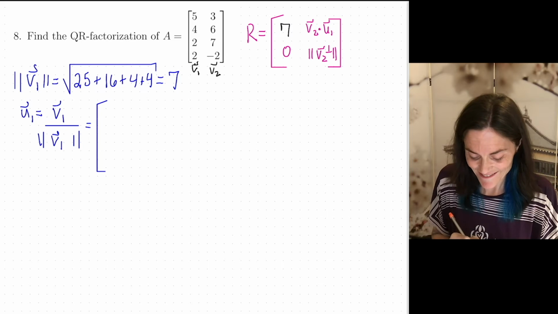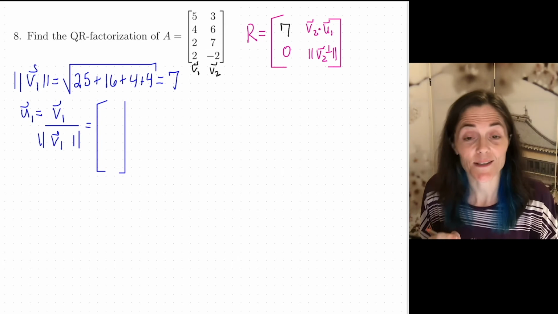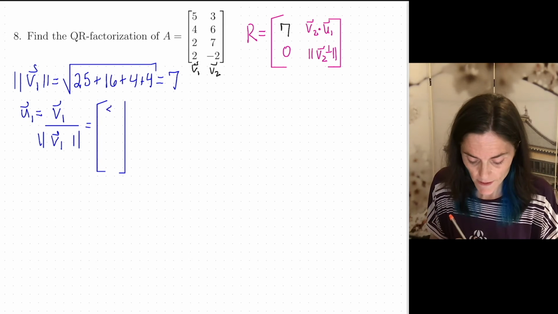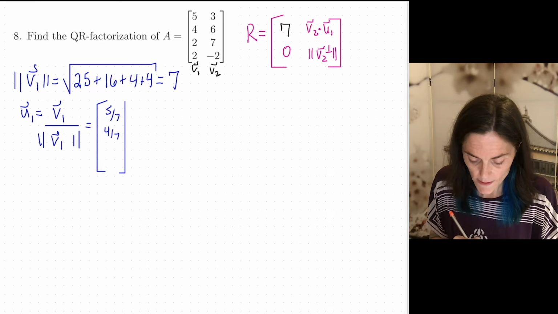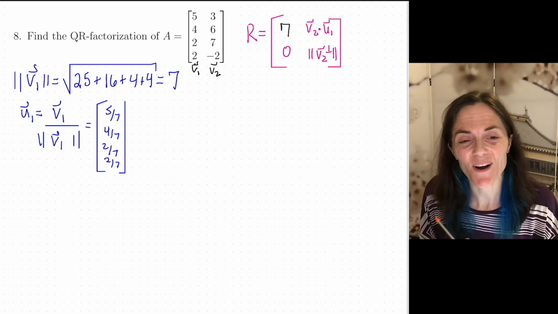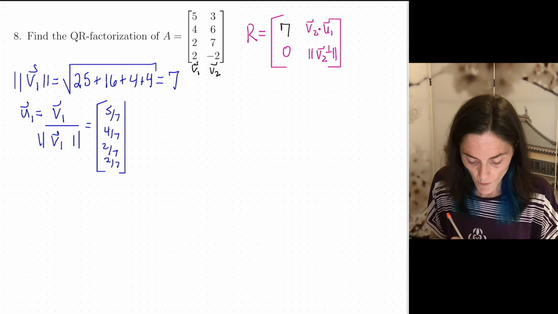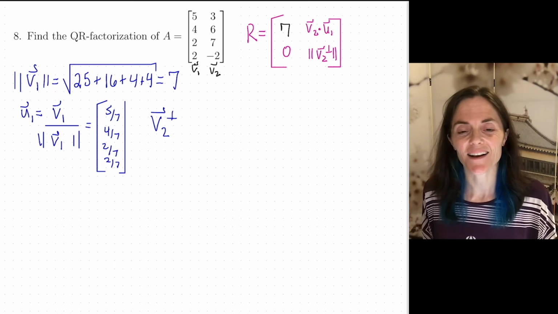And when we do, we just divide each coordinate by 7. We have 5 over 7, 4 over 7, 2 over 7, and 2 over 7. Now let's move on. The next thing we want to calculate is really the direction of the next